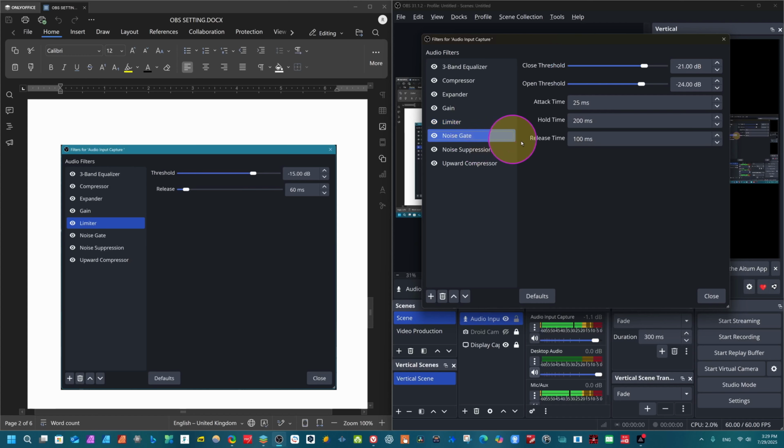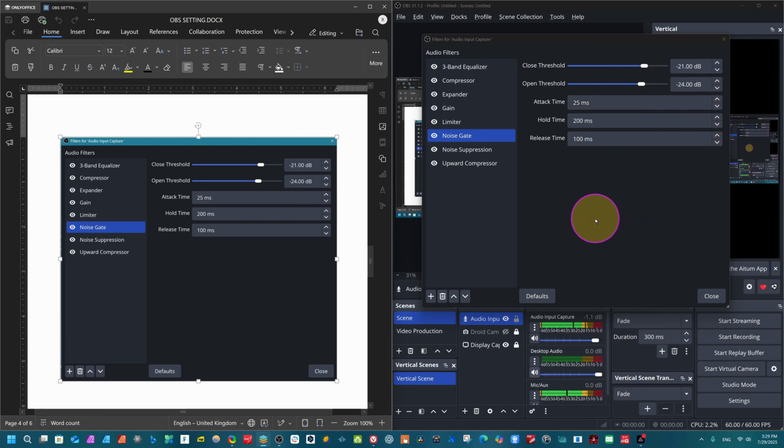Come to the noise gate. The noise gate is for when you have any noise in your background. It will try to control your noise, make a sample of your sound, and try to improve the quality. This is a very important setting here. I have a screenshot here, so if I forget anything, I will remember this.